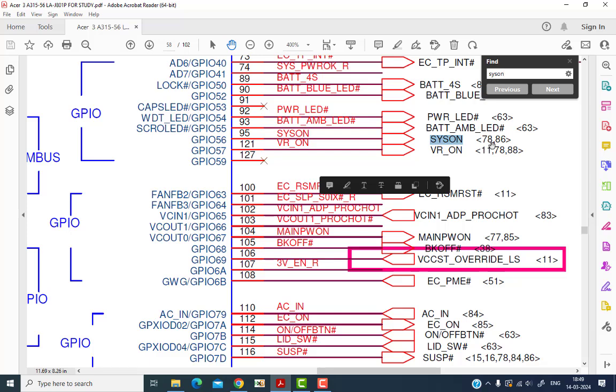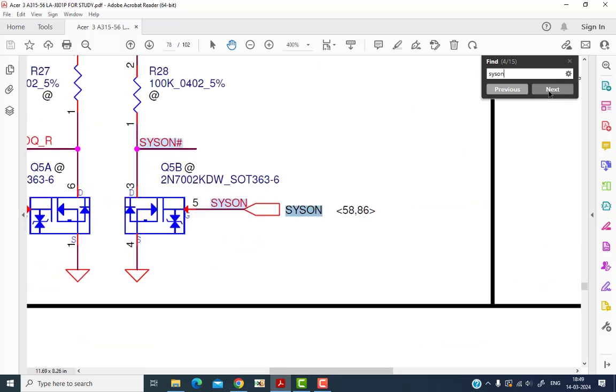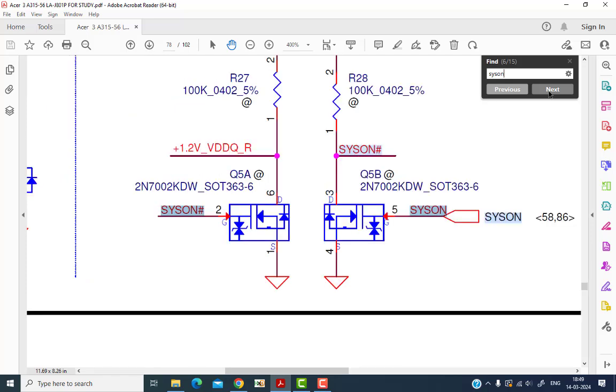So here in this laptop, DDR4 RAMs are used. DDR RAMs require 4 levels of voltages, that is 1.2 volt, 0.6 volt, 2.5 and 3.3. So these 4 voltages are required for the RAM chips. So we'll see where this CSON is going. It's going to page numbers 78 and 86. So we'll search here. It's going here, then going here, here,